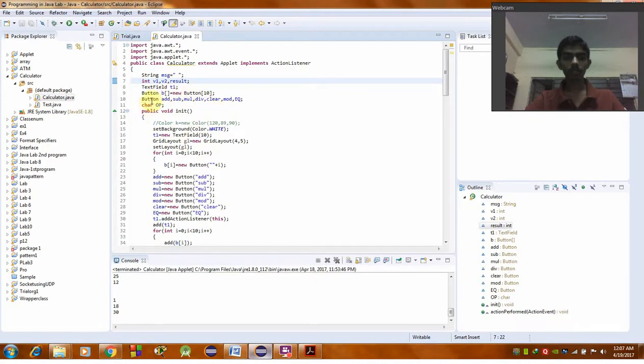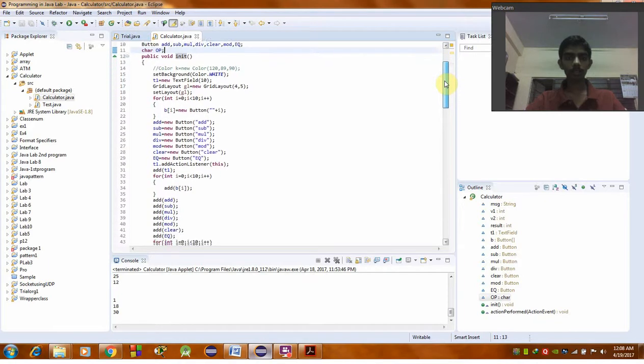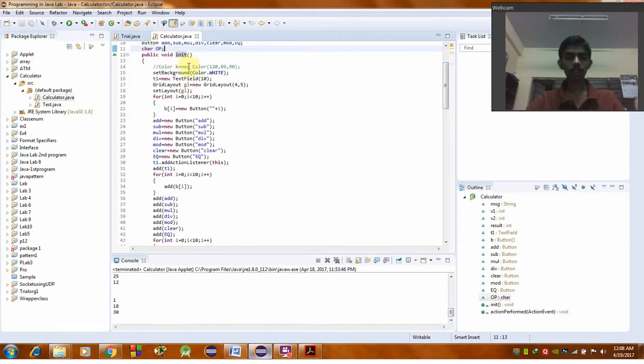Then I have made another set of button reference variables for this button class, the objects of this button class. The names are add, sub, multiplication, division, clear, modulus and equals, and I have declared an option OP which is of type character. Now I have overridden the init method,